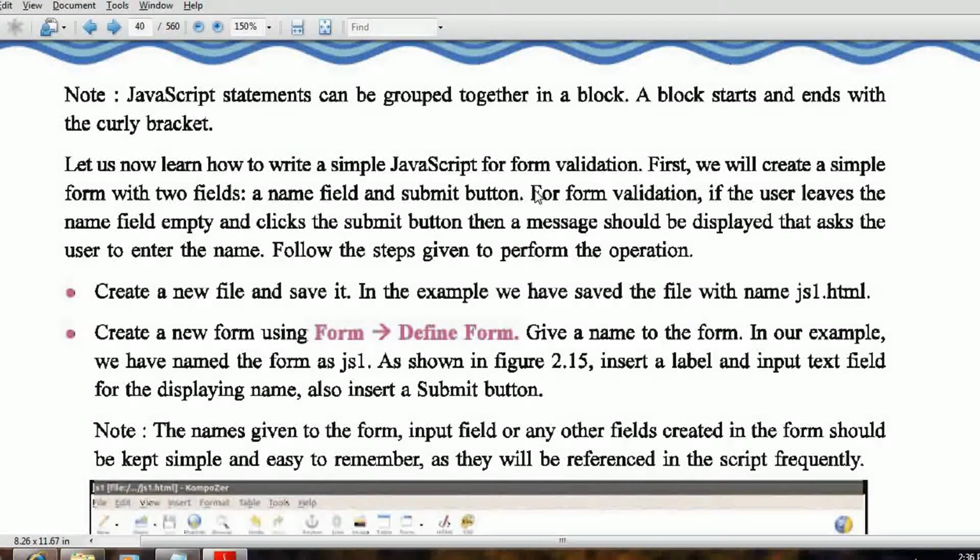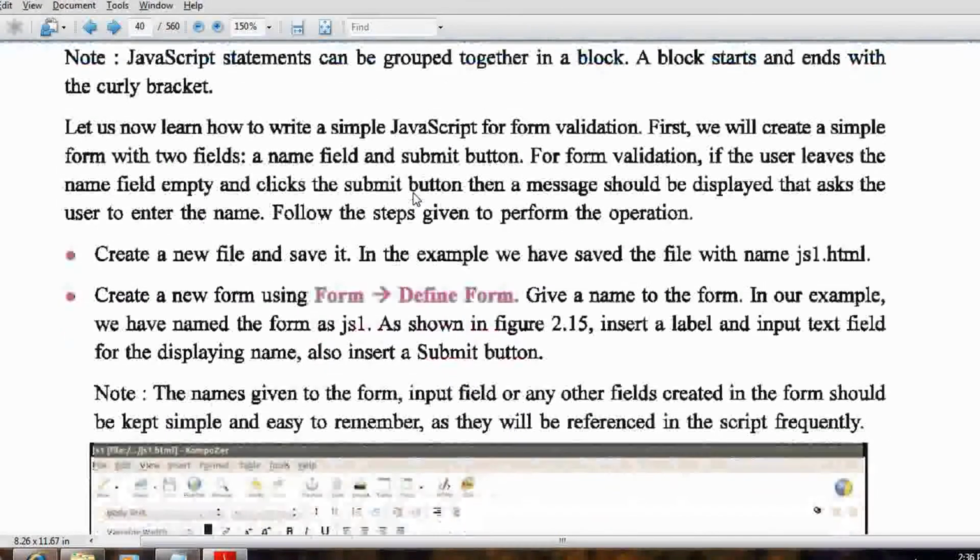Now, how to write simple JavaScript for form validation. First we will create a simple form with two fields, a name field and a submit button.